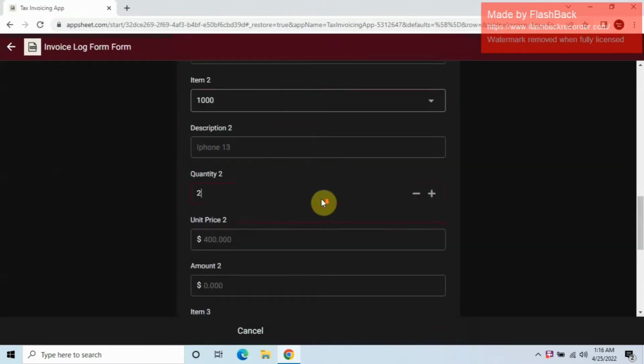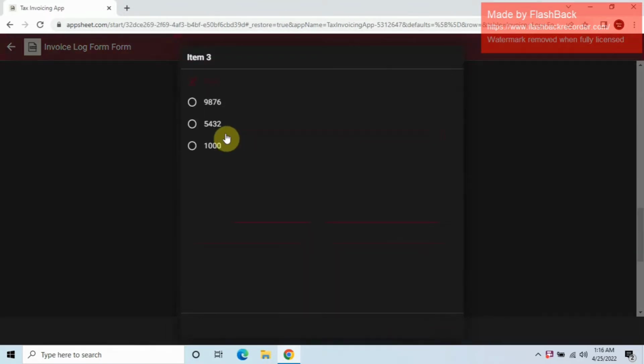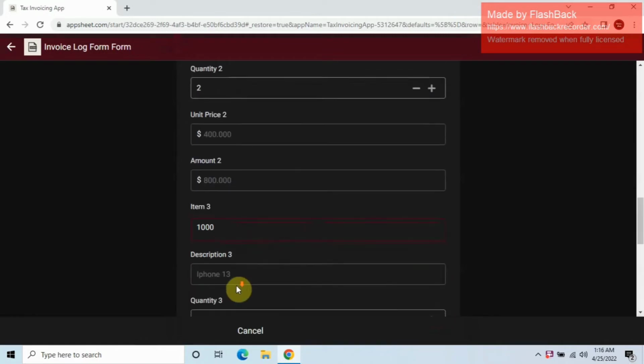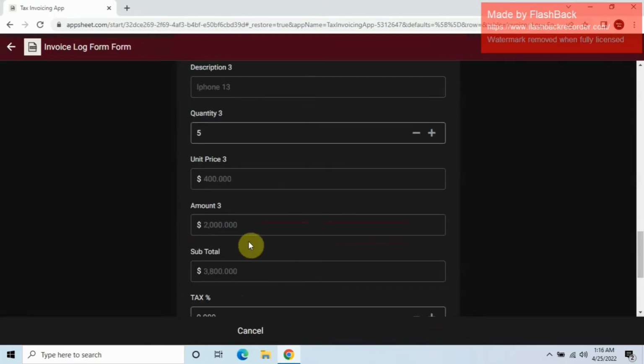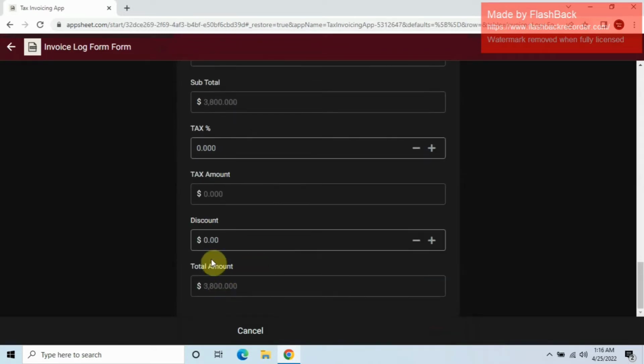Okay, so it's a tax invoice application. Here we go guys. So let's say you want to add 10% tax for this particular sale. It automatically generated the tax amount, and then once you save it,